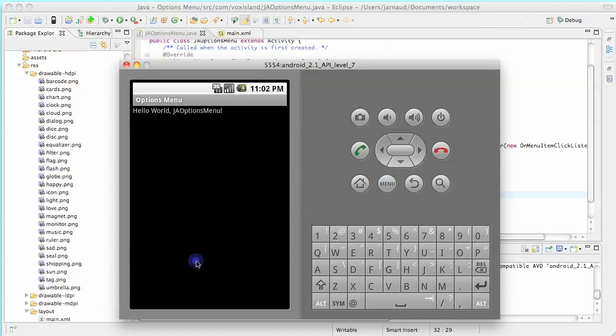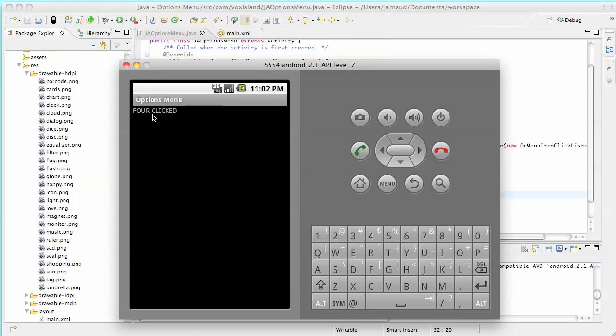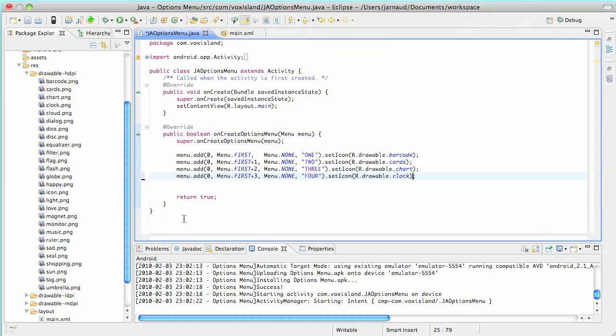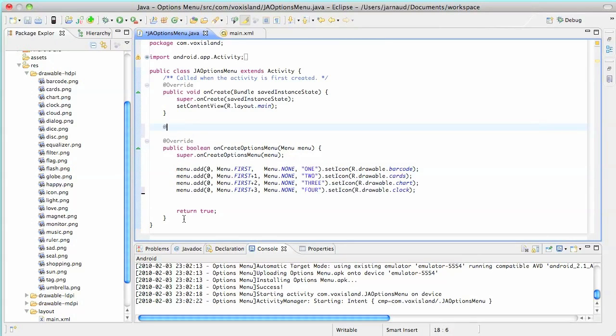Here we go. I click on item number 3, nothing's going on. I click on item number 4, and yes, it's changing the text view, which is good. Well, good in a sense that it is working, not good in the sense that it was the bad way, the ugly way. Pretty ugly, right? To set a listener. So let me get rid of that, and let me now show you how you should set a listener on an options menu. We're going to override a new function,